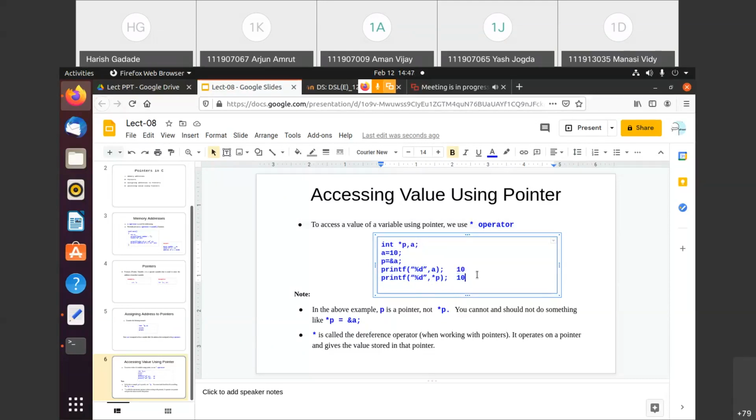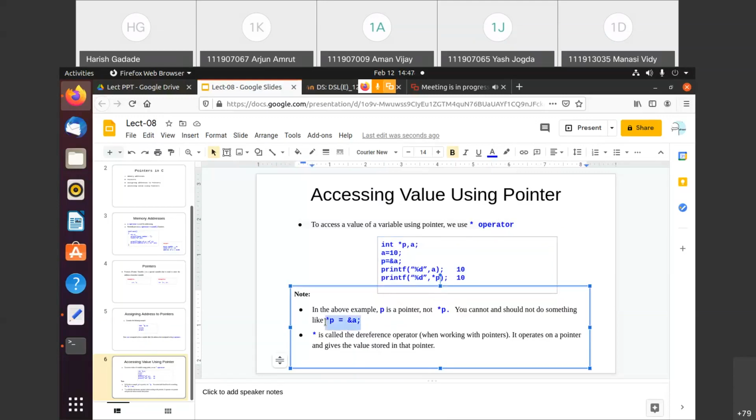Getting this? Now these points are most important, you just keep them in your mind. In the above example, p is a pointer, not star p, because here we are assigning the address of a into p. Star p means pointing to that address. So here p is a pointer, not star p. You should not do something like star p equals to and a.